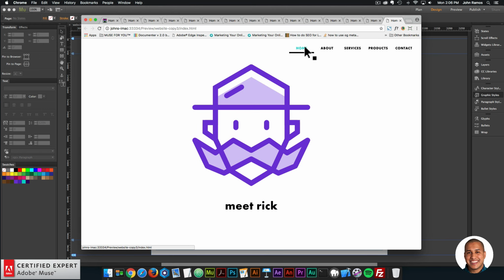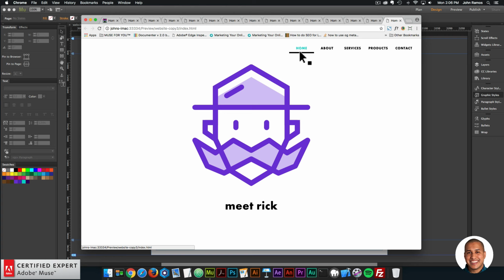So here we're on the active state, which is home, and it has a solid rectangle underneath, and the other ones have the motion applied to them. Okay, so what I did here is I added a stroke underneath this menu item and placed the menu in the front. So the motion is still playing behind this bar,